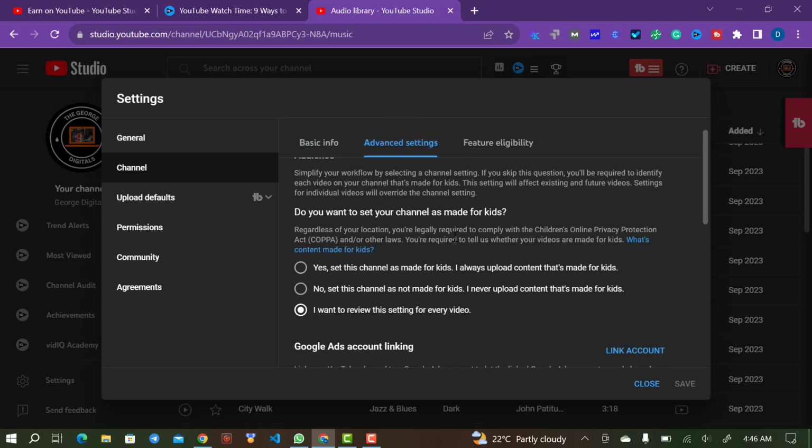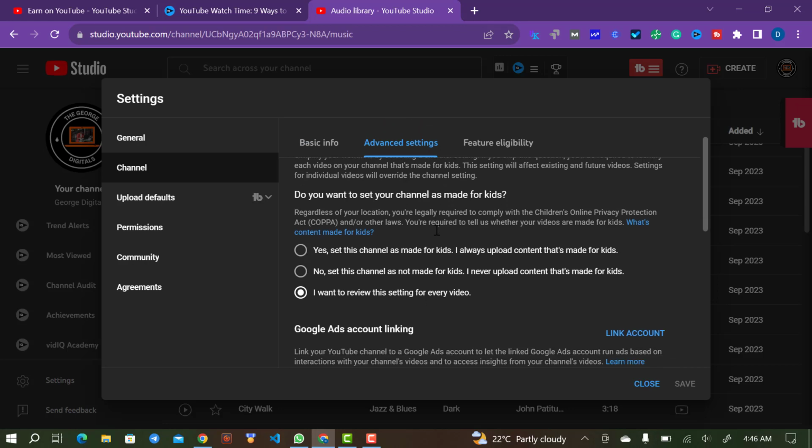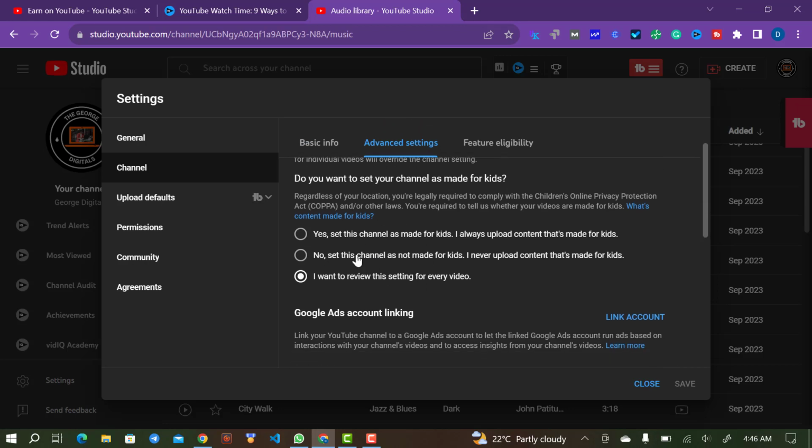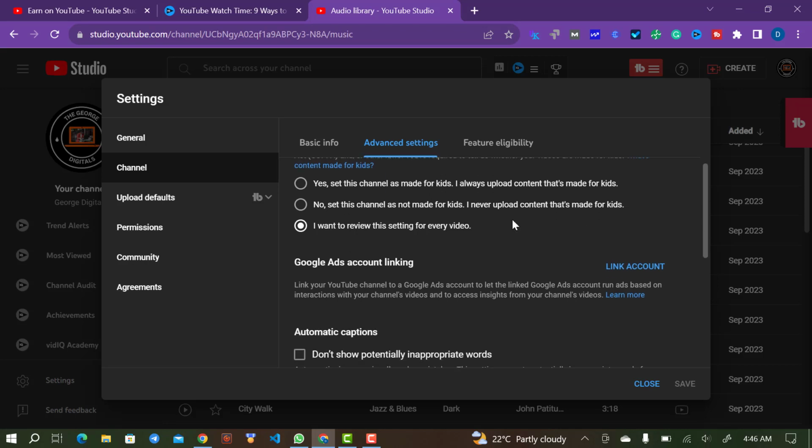From these advanced settings, you'll be able to set what you want. Okay, is this your video for children, not for children? You can do that and everything will be okay. And the next is the Google Ads account linking, where you link your ad account to your YouTube channel, and